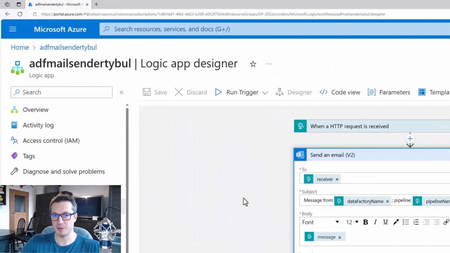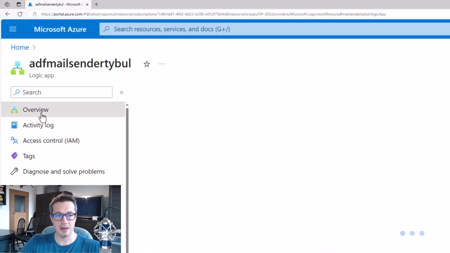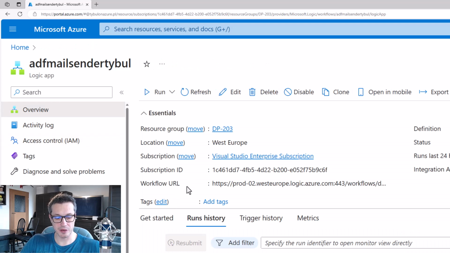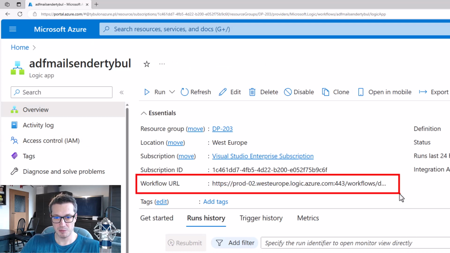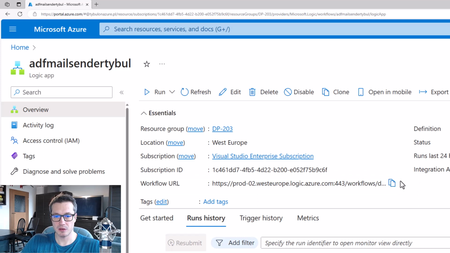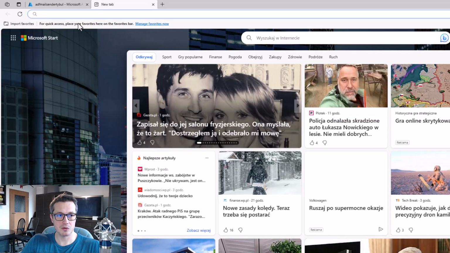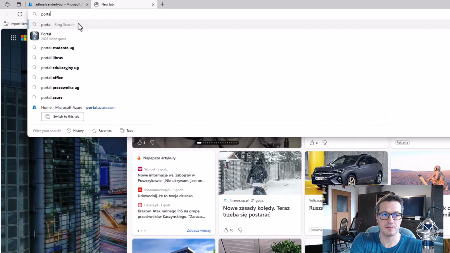So let me save my logic app. Let me grab its URL, this one, because this is the address to which we'll have to send a request to trigger our pipeline. So let me copy it, and that's it. So let's go to Data Factory,